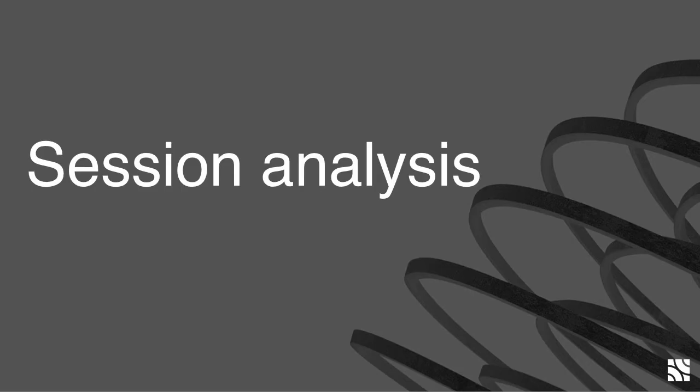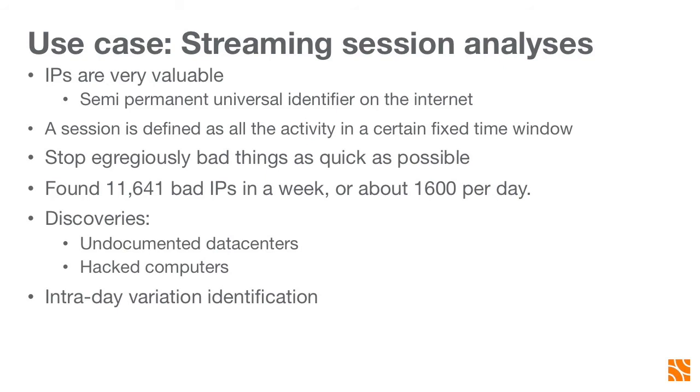So let's talk about one of these examples here. The session analysis thing. Now, I was mentioning earlier that IPs are useful for us, and the reason for this is because they're somewhat permanent and they're a somewhat universal identifier everywhere on the internet. So if I have an IP address that I know is a malicious IP, or they're sending a lot of bad traffic to us or whatever, we can just send a rule to our firewall that says, hey, any traffic coming from this IP address, we don't want to serve them any ads. So it's an effective way for us to quickly stop the flow of money to certain of these bad actors.